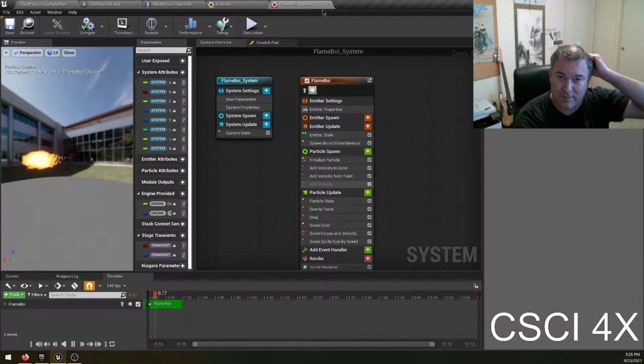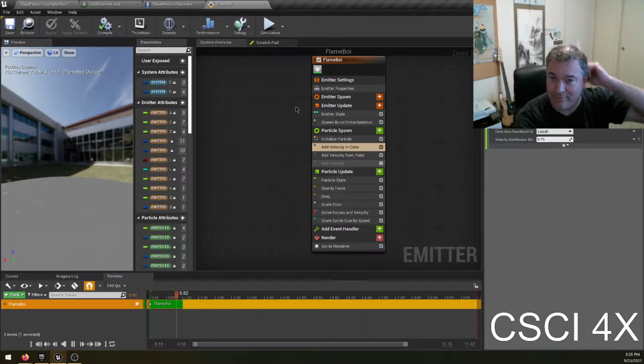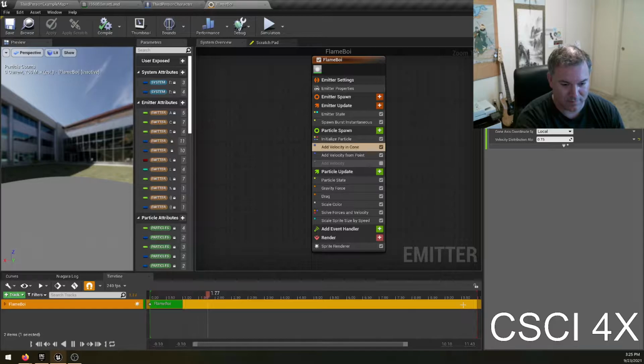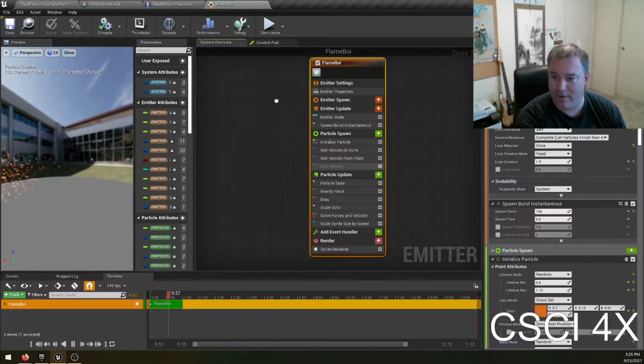There's stuff you can do with it, but I chose not to. So what we really care about though is Flameboy, not the system. And man, why is that thing running so long? Okay, never mind. It ends at 1.75. Okay. So the way that Niagara works